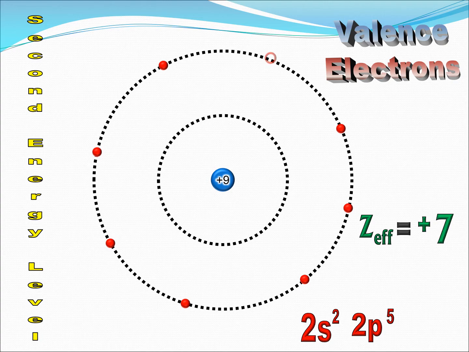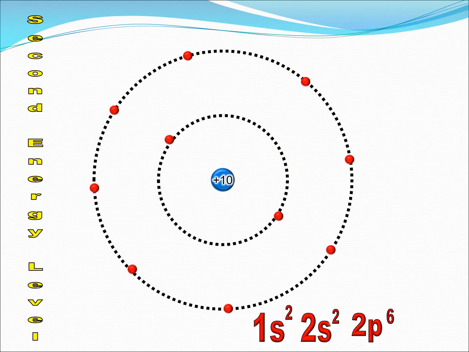Almost there. What would be better than that? Oh, I know. 10 out of 10. Now we come to perfect 10. +10 nucleus. What element is that? That is neon. Perfect, perfect little neon. Now neon doesn't have 10 valence electrons. Who can tell me how many valence electrons neon has? It has